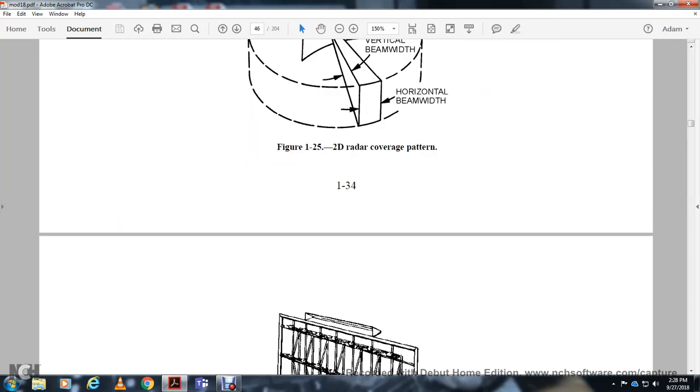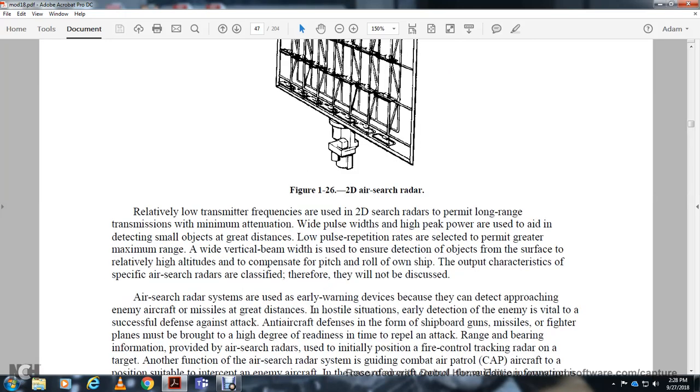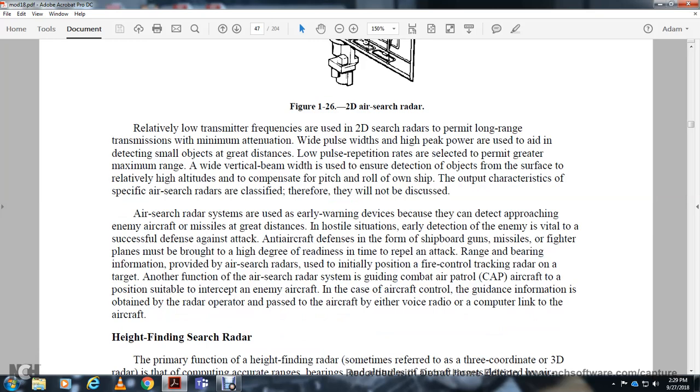horizontal beam width. The 2D air search radar has a relatively low transmitter frequency, which permits long range transmission with minimum attenuation. A wide pulse width with a high peak power is usually used for detection of small objects at greater distance. A low pulse repetition rate permits the greater maximum range. A wide vertical beam ensures detection of objects at relatively high altitudes and compensates for the pitch and roll of their own ship. The output characteristics of air search radar are classified, and therefore we will not have to